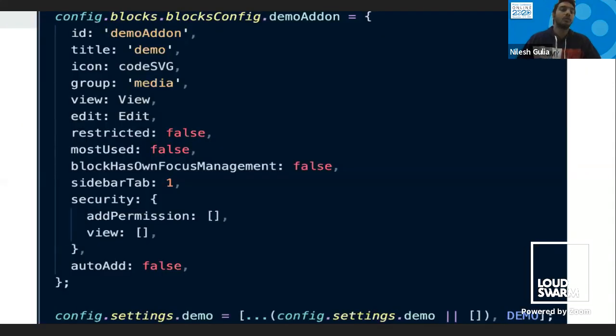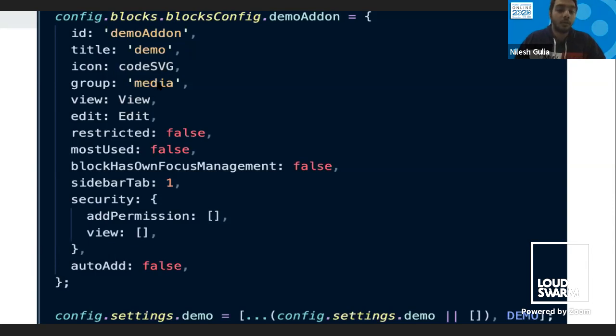We do have an add-ons config in the config. Every add-on should have an index.js file in which the configs come from the cloned Volto core. On the Volto core, this configuration we generally override. So config.blocks.blocksConfig, and here we can add the add-on name and provide the title. So this is for blocks.